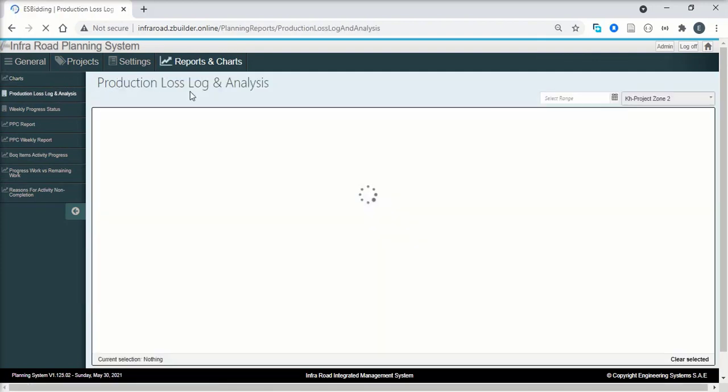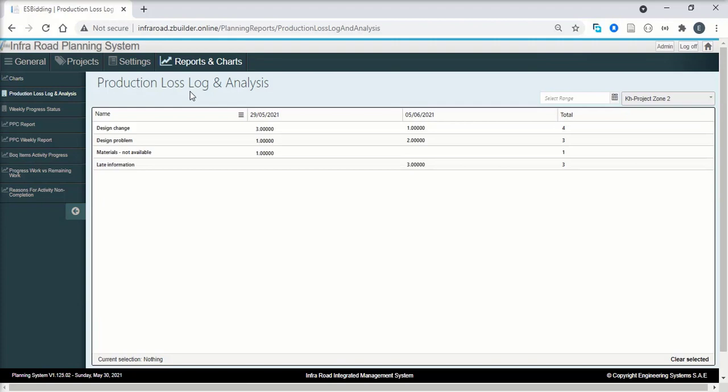The first report regarding the look ahead is Production Loss Log and Analysis. This report shows the numbers of each reason that prevent a task from being completed. The headers of the columns are the dates of the 1 week look ahead in which the issues have occurred. Here are 3 issues regarding design change 1 week look ahead